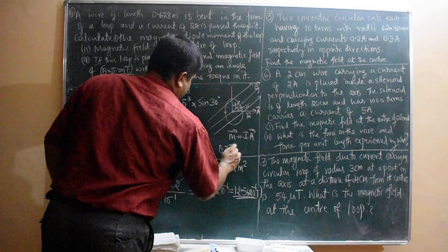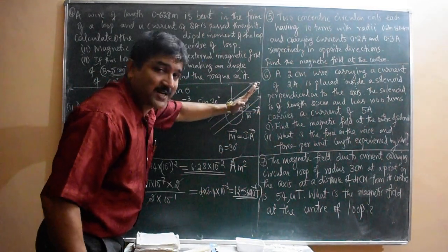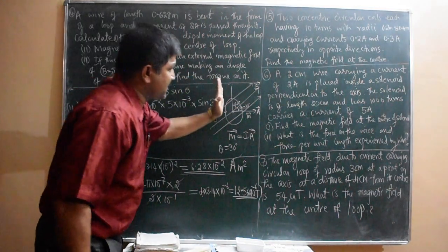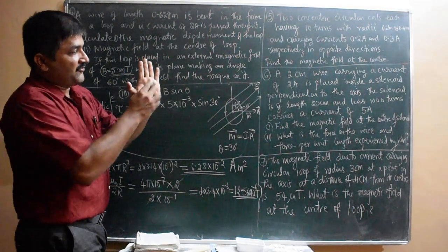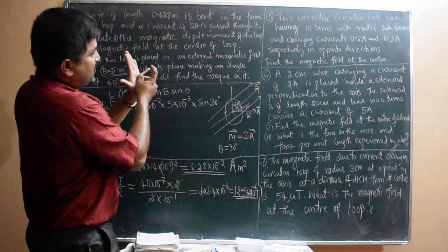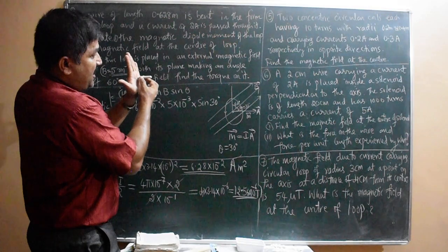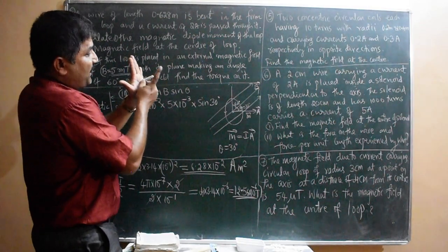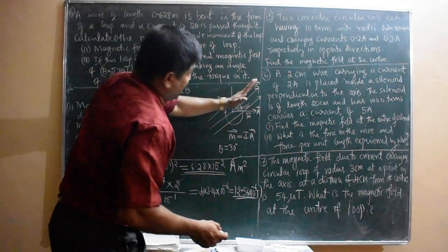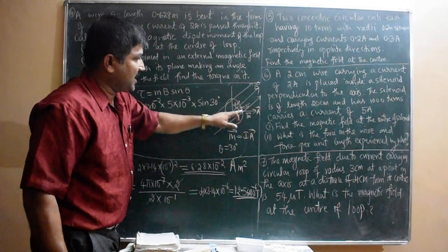Theta equals 30 degrees between the area vector and the external magnetic field, because the 60 degree angle given is the angle between the plane of the coil and the field. The plane of the coil is like this, the field is like this, so that angle is 60 degrees. Whereas when you take the direction of the area vector normal to the coil, then the field will make 30 degrees with respect to the area vector or dipole moment vector. So that is 30 degrees.